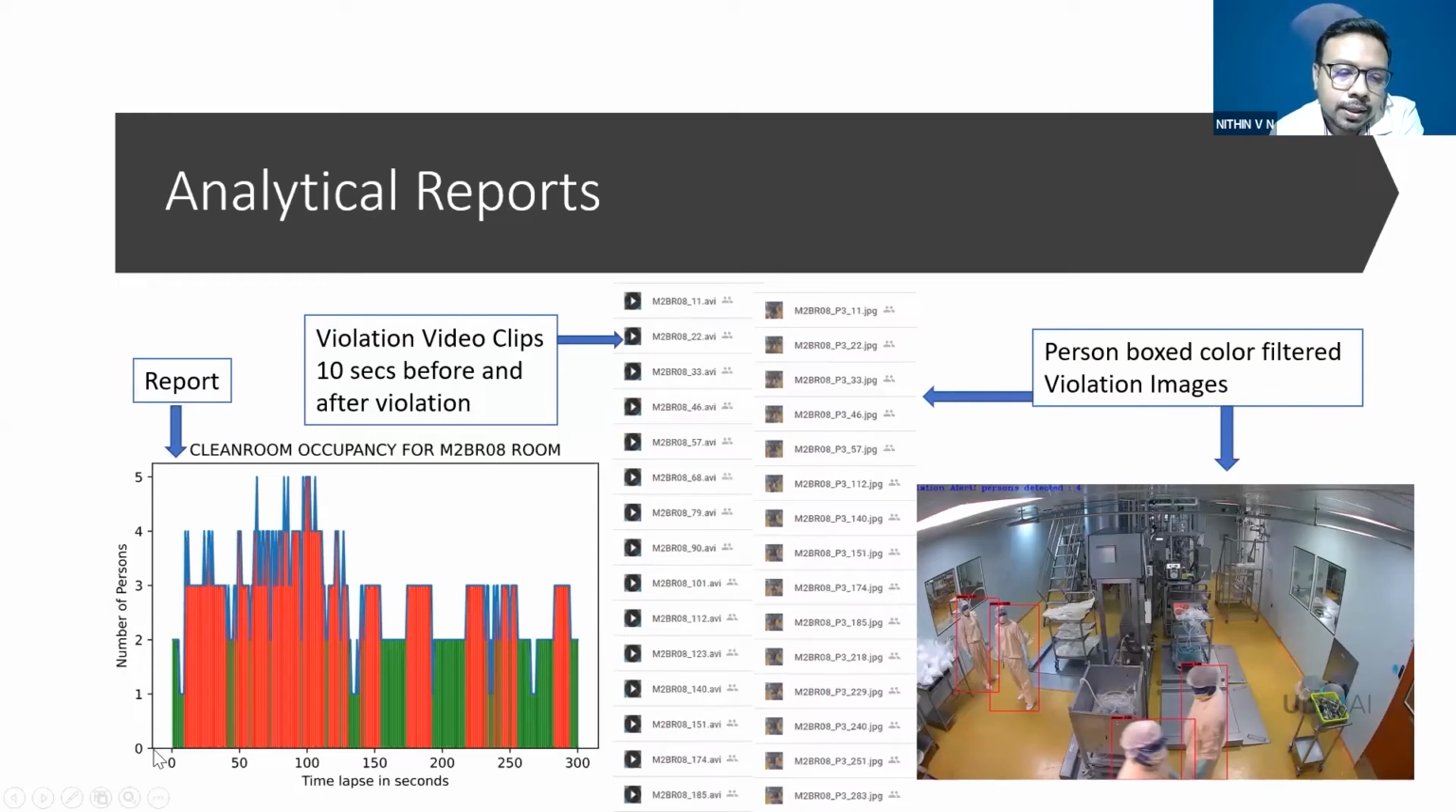So if you see here in this particular video clip or on a particular day, you will have this many excursions and this many green areas where there is no excursion, where it was within the limit. So this is the primary report, which the facility head can review and then go ahead. If you want to dig into the issue, then we are storing